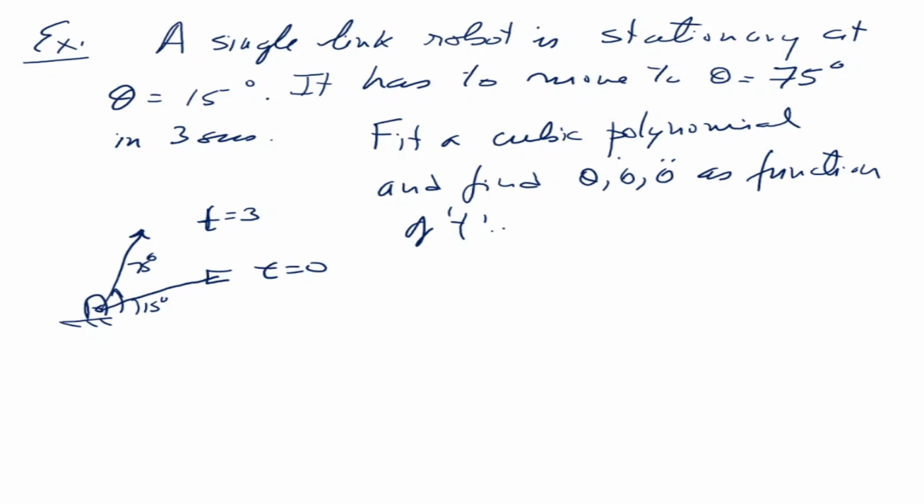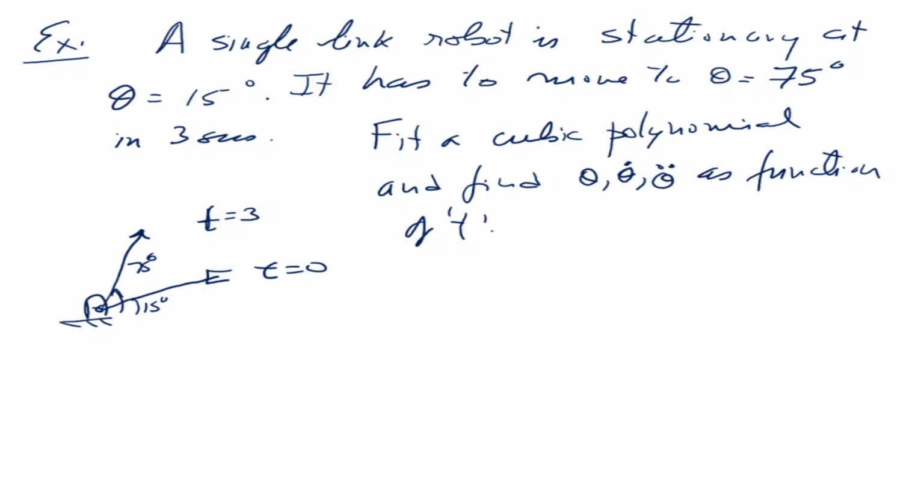Okay, it means plot as it is moving. We also want to see the variation of theta, theta dot, and theta double dot. That is the meaning of this. So we are given theta. What we require is theta, theta dot, and theta double dot. So let us first note down what is